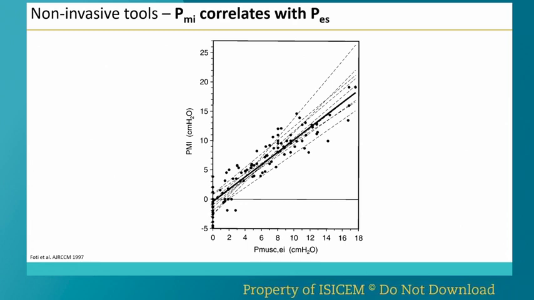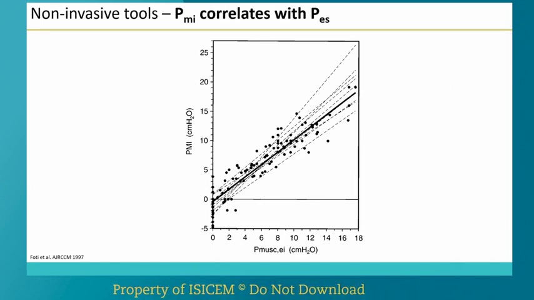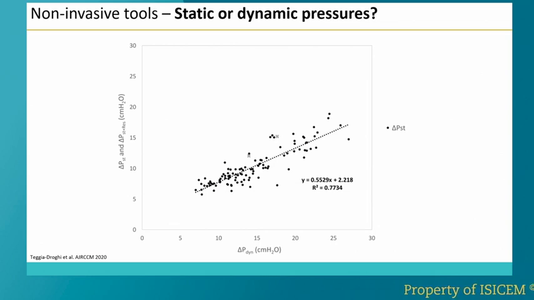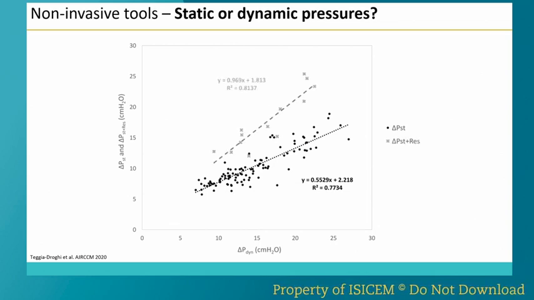We don't have a lot of data on agreements on this, but it's fairly good. And also, I should say, it correlates very well with the numbers derived from POCC. As I mentioned before, the POCC-derived numbers use a dynamic maneuver, whereas the PMI uses a static maneuver. So while the correlation is good, maybe here the slope is not as similar to the other, but in this study they actually added a resistive component, which they could measure